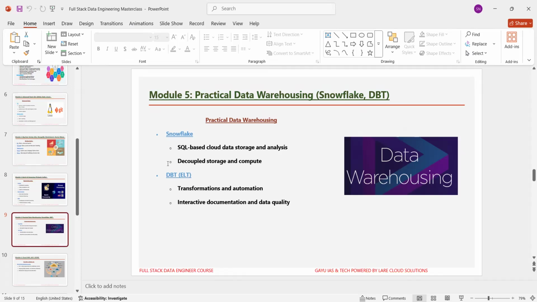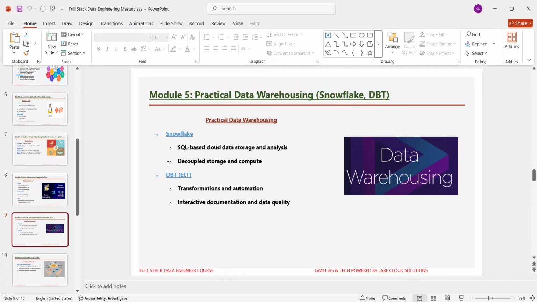Here, one of the real scenarios: imagine you are at Retail Pulse Analytics, a company powering data insights for multi-channel retailers. Your Jira task says to centralize sales and customer data in Snowflake, automate data cleaning and transformations using DBT models, ensure data quality, and provide interactive documentation for analytics. Let's see how it works in practice.